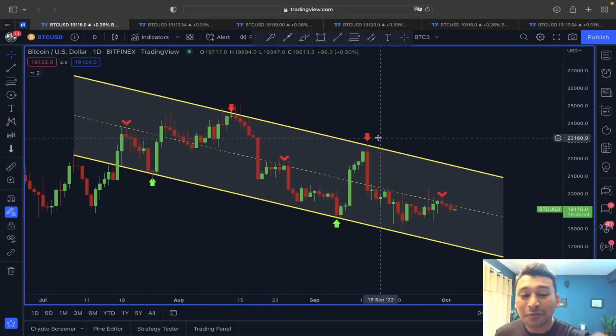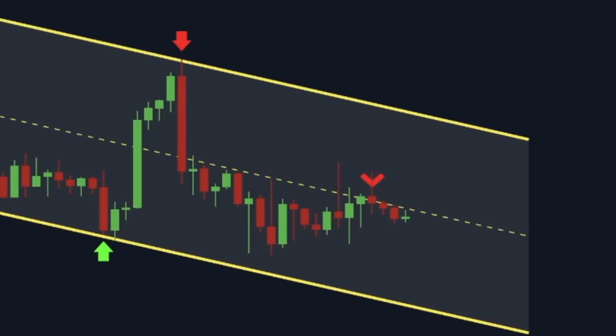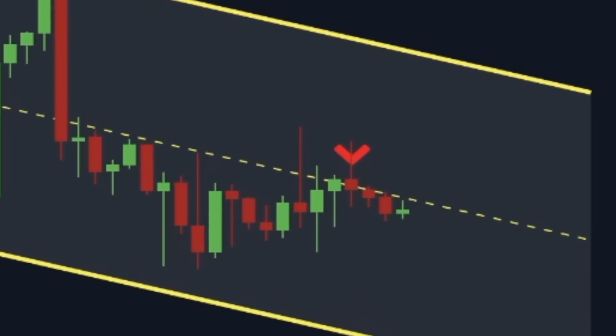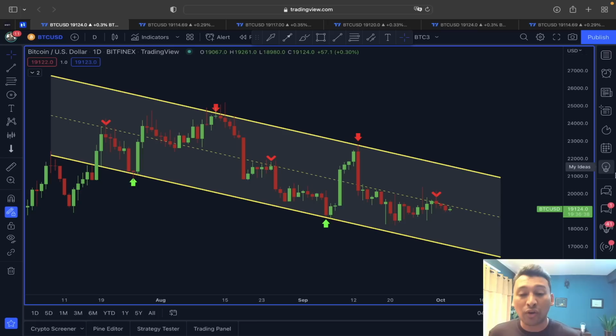So let this be a quick update on price action of Bitcoin, because the price of Bitcoin is still fighting to remain above this 19,000, and we are also aware once this support between 19 to 18,000 gets broken, then it's going to be a very bearish scenario for Bitcoin, because we found out on my yesterday video during this